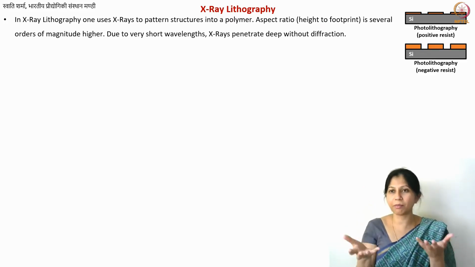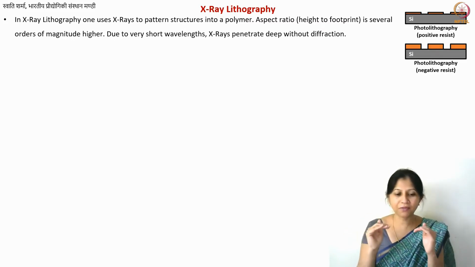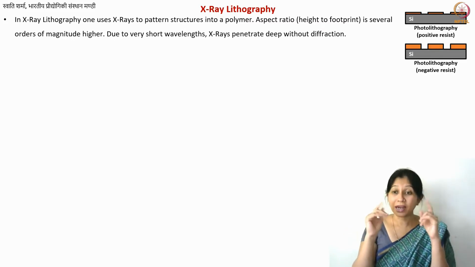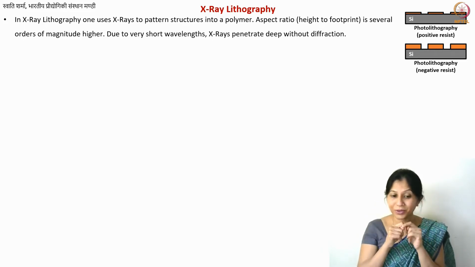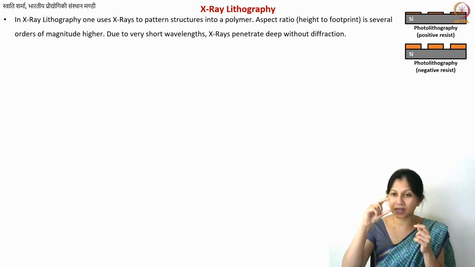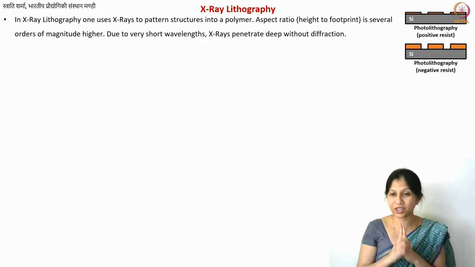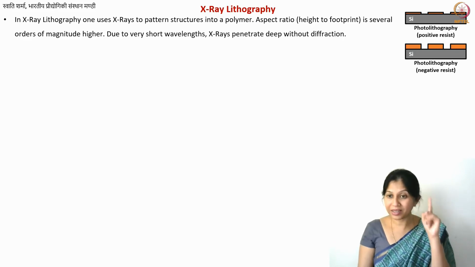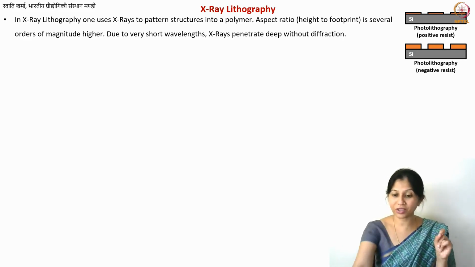Now you have something in the middle. You have a certain height, but you are not able to create structures in the Z direction. You are able to just increase the height of your 2D structure. That much control you have in the third dimension, but not more than that. You cannot pattern anything in 3D. These kind of structures are known as 2.5D structures.